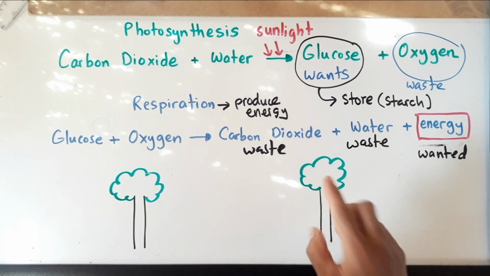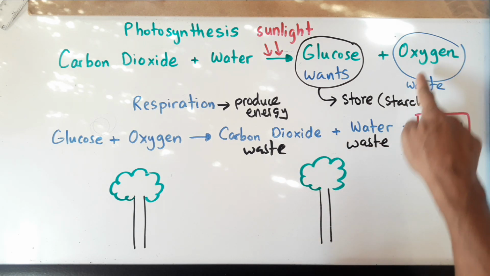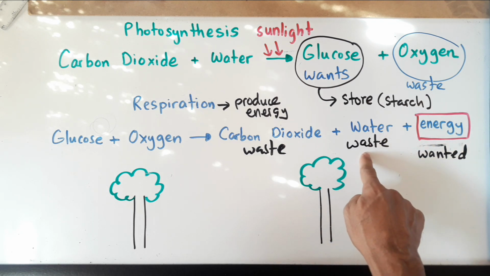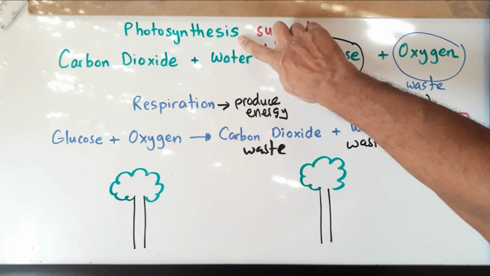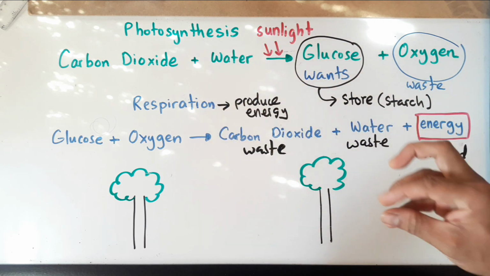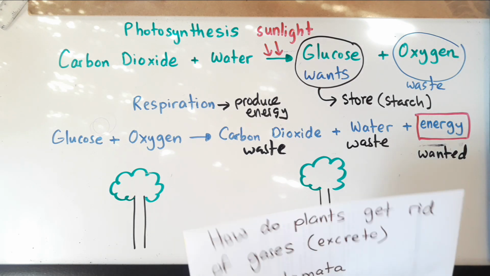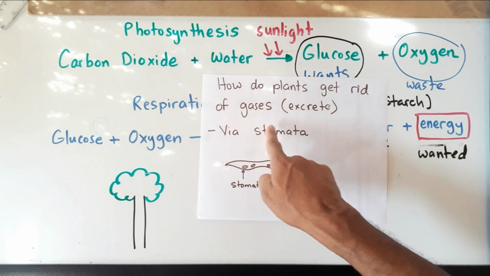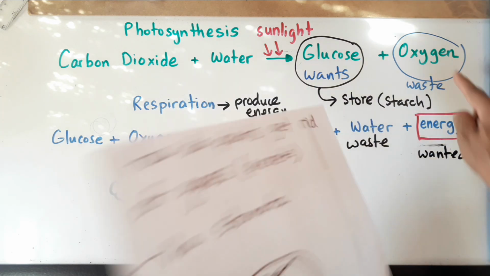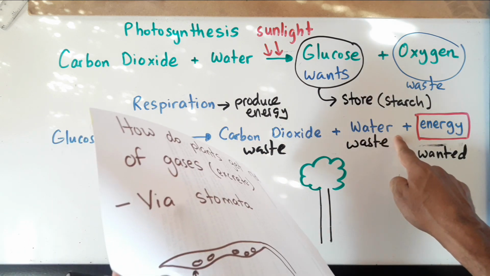So how does a plant get rid of its waste products? Oxygen, water, and carbon dioxide. Because remember, these two processes, photosynthesis and respiration, are happening inside of the plant. So here's a very popular question. How do they get rid of those waste products? Well, how do plants get rid of gases? Well, the gases we're talking about here are oxygen, carbon dioxide, and the water we're talking about here is water